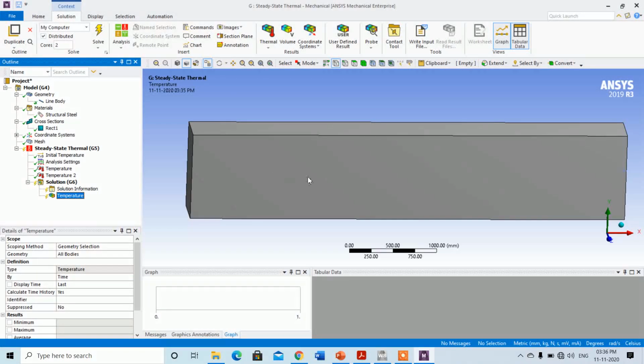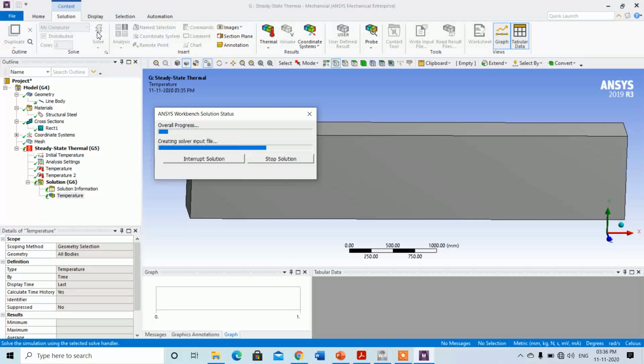Then what will be the temperature in the entire flow up to the 5 meter length? Simply click on solve. It is building a mathematical model. Then it will solve.